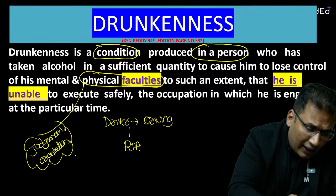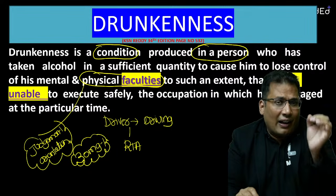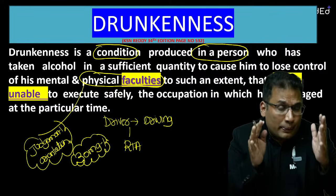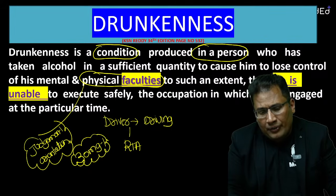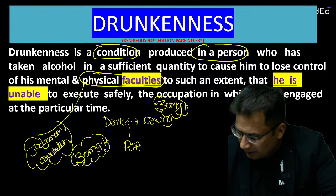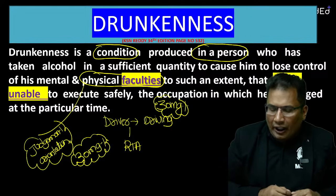The legal limit of alcohol for drink and drive is 30 milligram percentage. Please write in the chat box that 30 milligram percentage is the legal limit of alcohol for drink and drive as per the Motor Vehicle Act 1985. Anything more than 30 milligram percentage blood alcohol level in India is a punishable offense. The punishment can be imprisonment, a fine, cancellation of the driving license, and other penalties as well. 30 milligram percentage, an MCQ. You have to remember it. Please write this. Keep writing. Okay, with this introduction, let's start